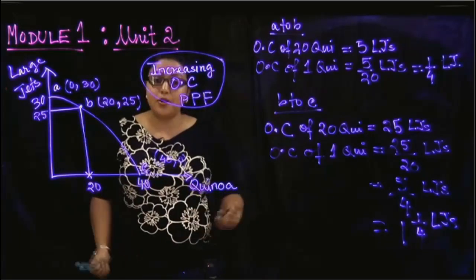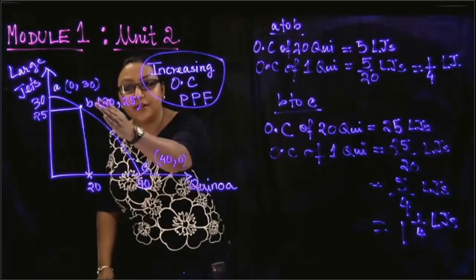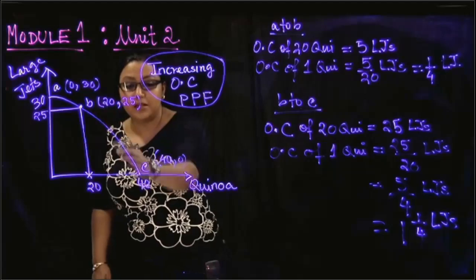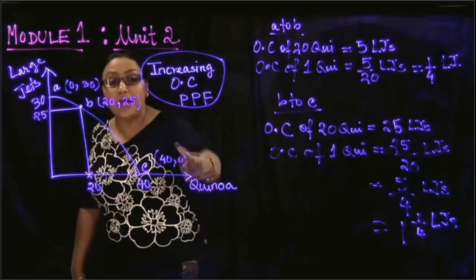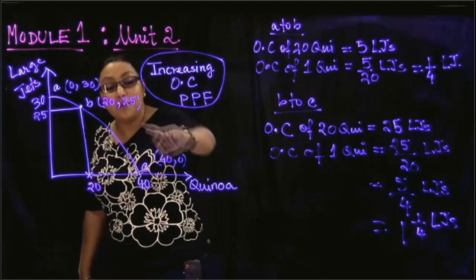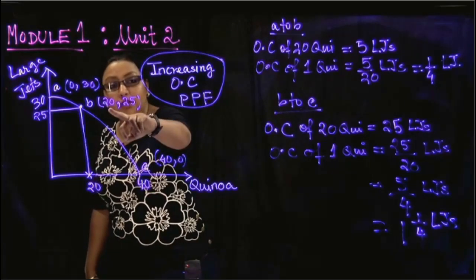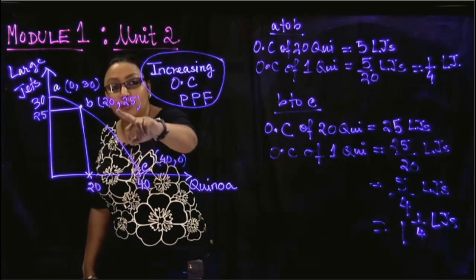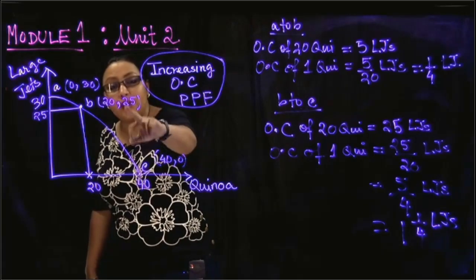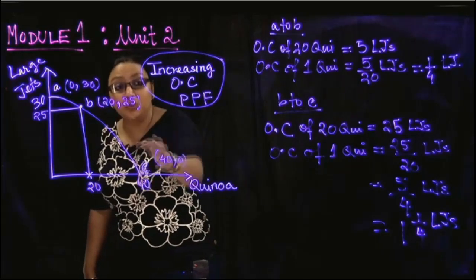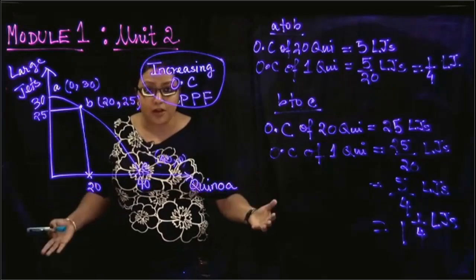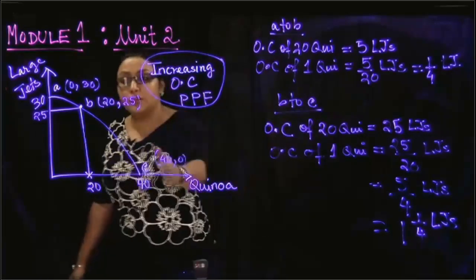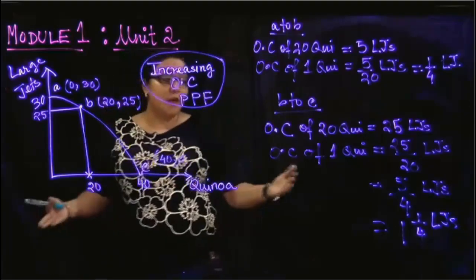Okay. Now what would happen if I went in the other direction? Would that still be true? Let's see. If you went from C to B, please note that you are gaining 25 largettes, but you are having to give up 20 quinoa, right? So the opportunity cost of 25 largettes would be 20 quinoa. So that would basically come down to 4 by 5. If you did the same math for C to B, it would come to 4 by 5.